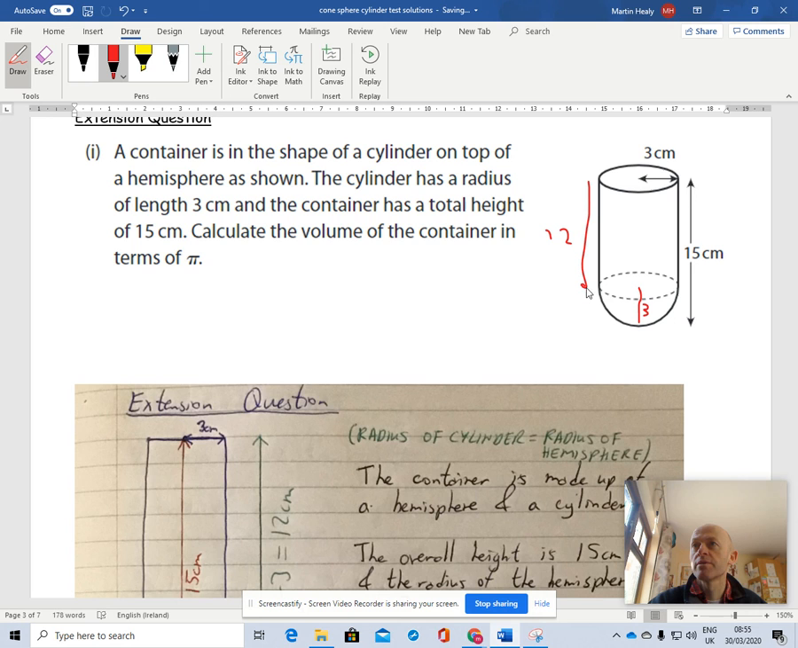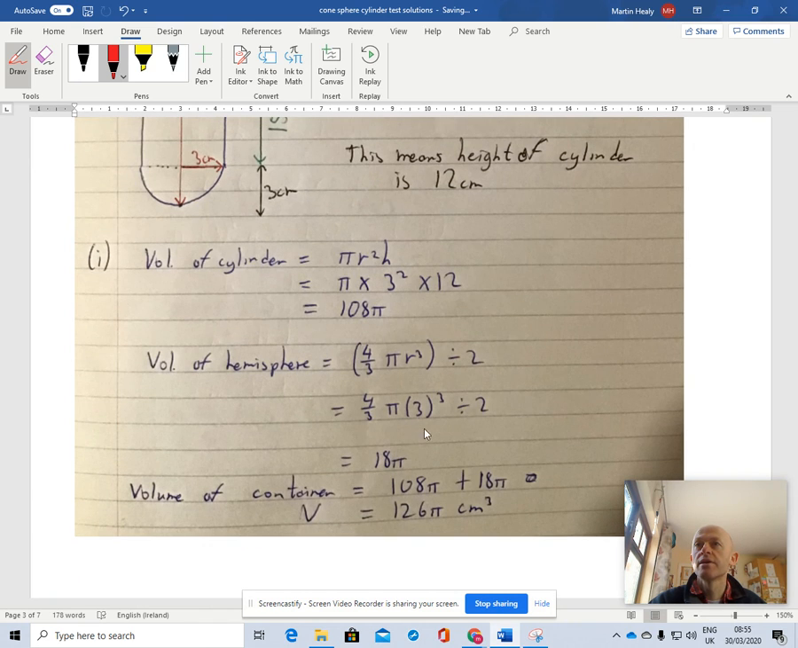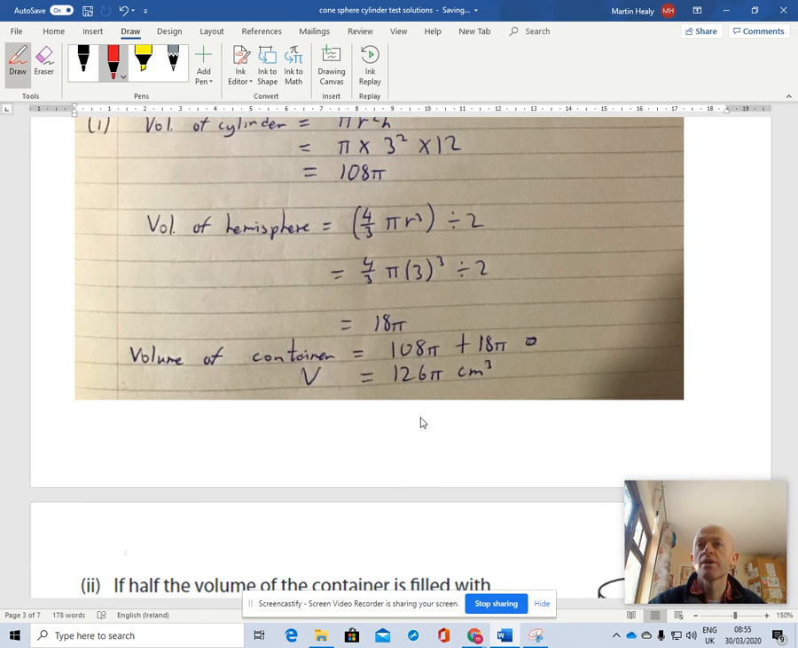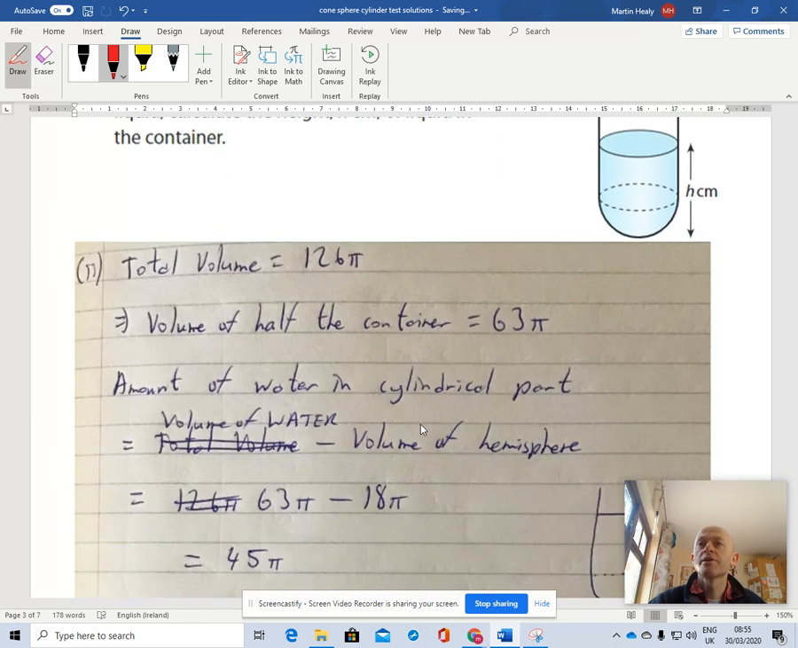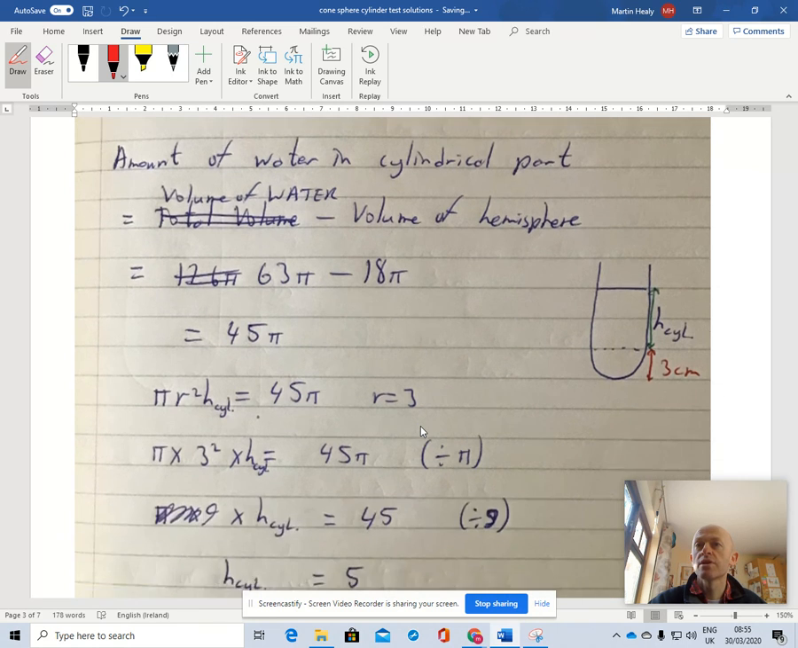I'm going to run out of time here now, guys, in a second. And then you go off and find the volume of those two separately and add them together. You get 108 pi plus 108 plus 18 pi, and you get 126 pi for the volume of the container. The next part's even trickier again. Let me know if you can't do it, and I'll